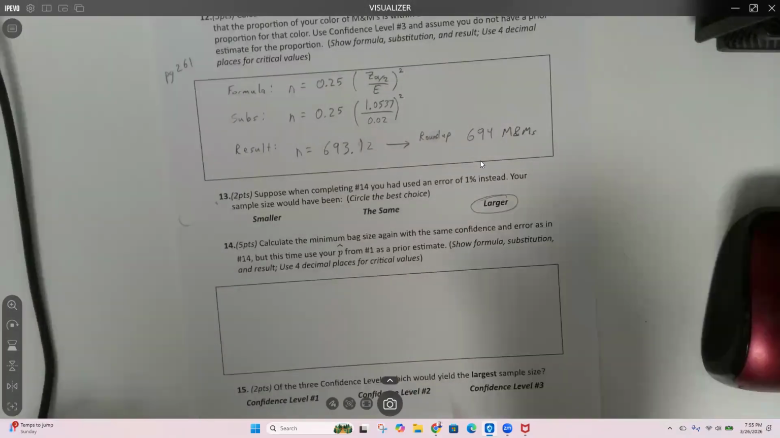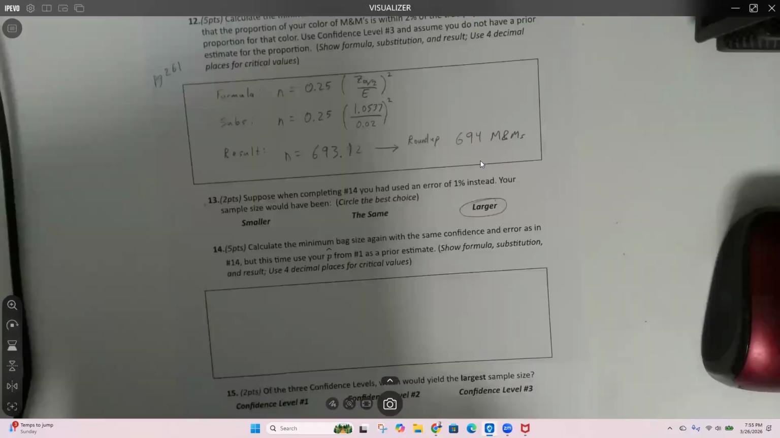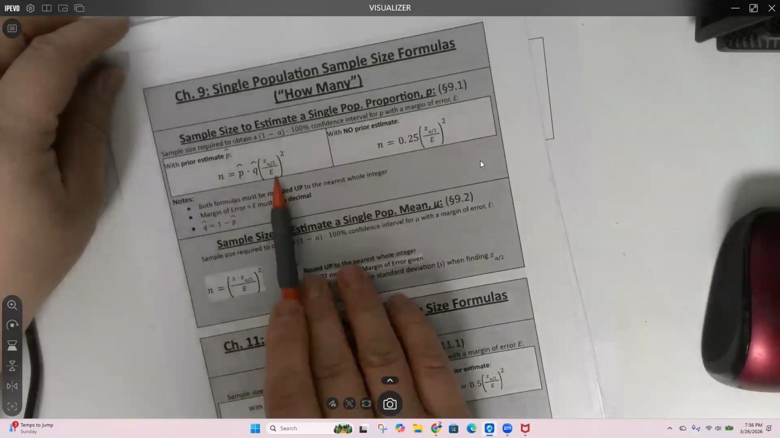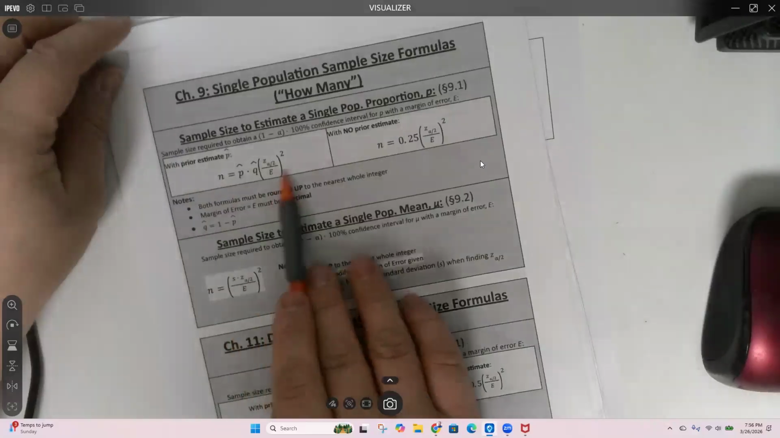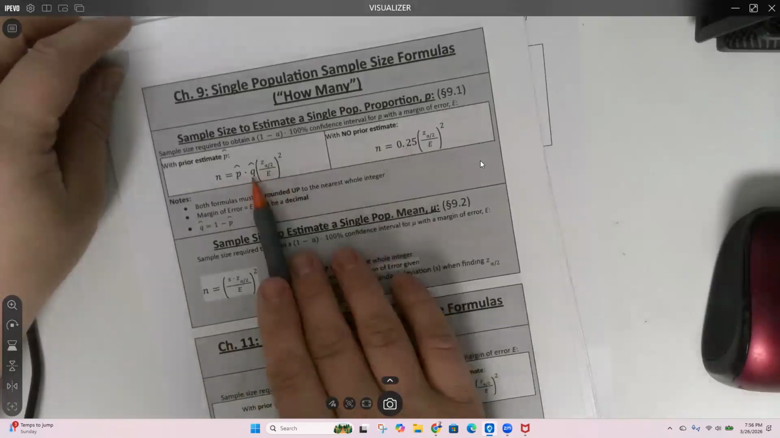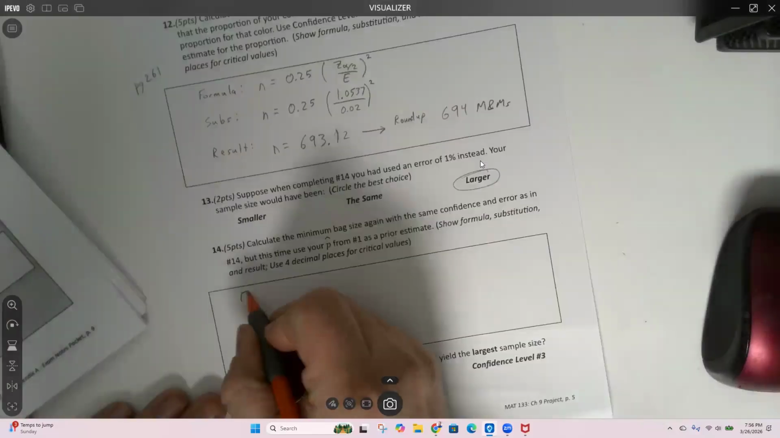So I didn't need to do this for number 12. That was a waste of time, because I had a prior estimate. So with a prior estimate, it's this formula. It's the same formula, except instead of 0.25, you have p hat q hat. Okay. So formula,